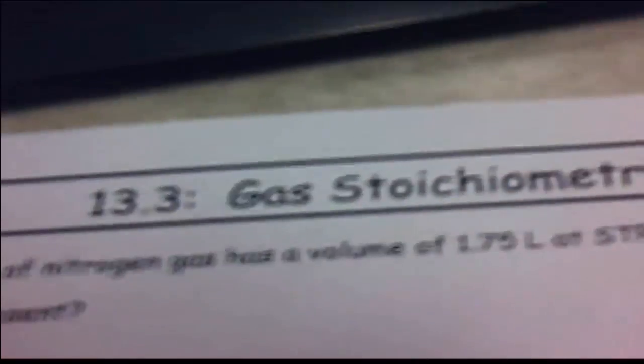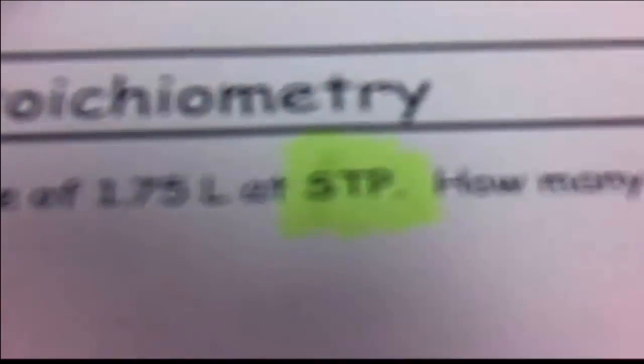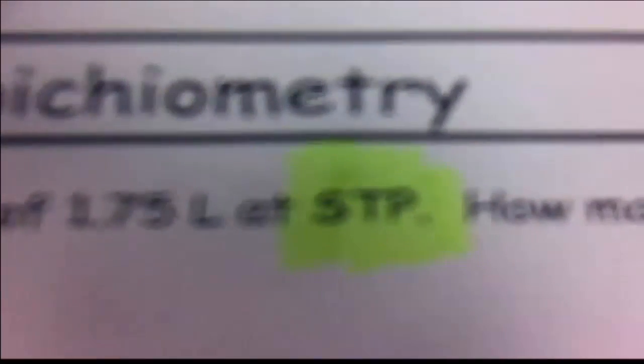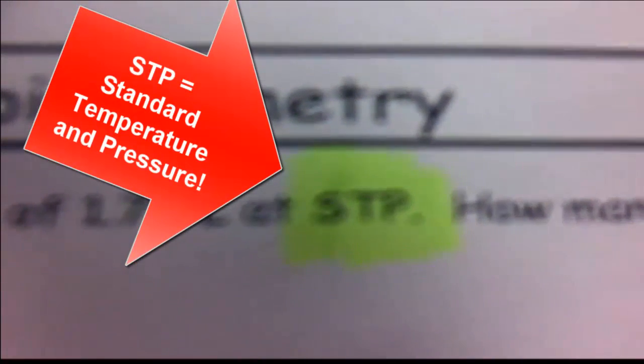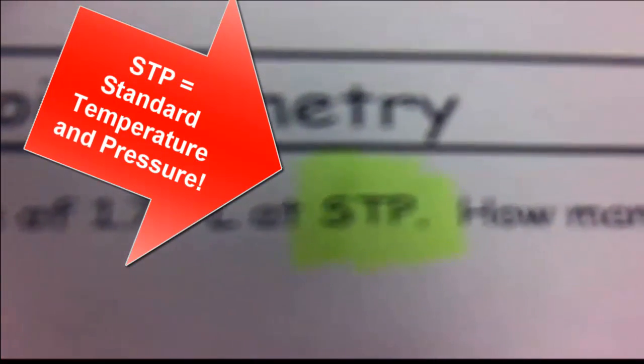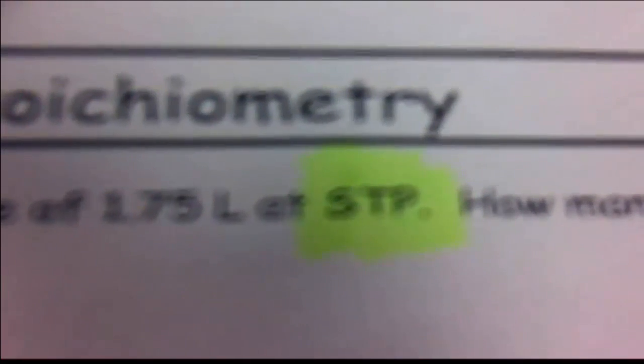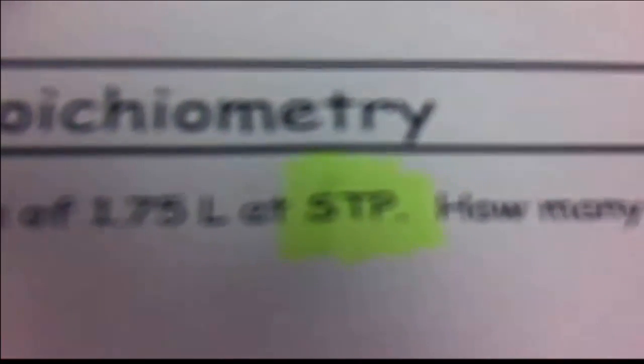Okay, so this section goes into stoichiometry. Stoichiometry, remember, is our mole map. So we are going back to that stuff. Now, there's a big part of these notes that we're going to look at, and it's right here. I'm just going to get a highlighter and highlight right here on our notes. STP is super important, because if this problem did not say STP, we could not use what I'm getting ready to show you. So STP allows for us to say